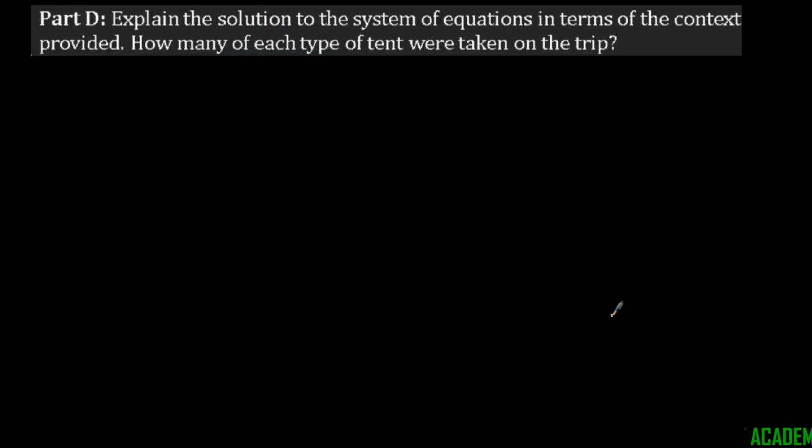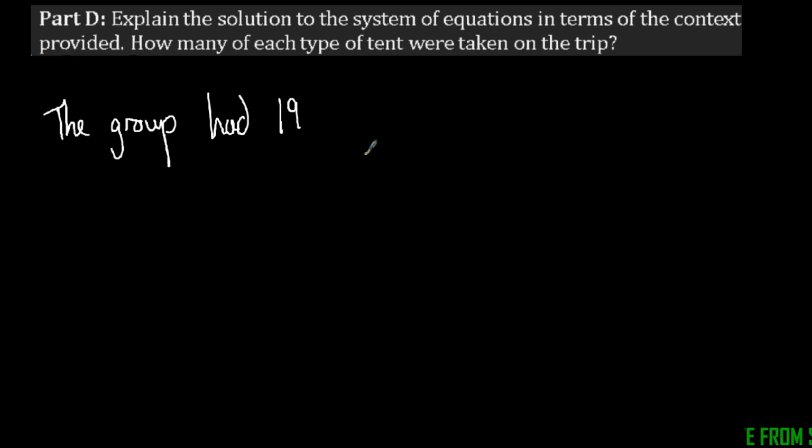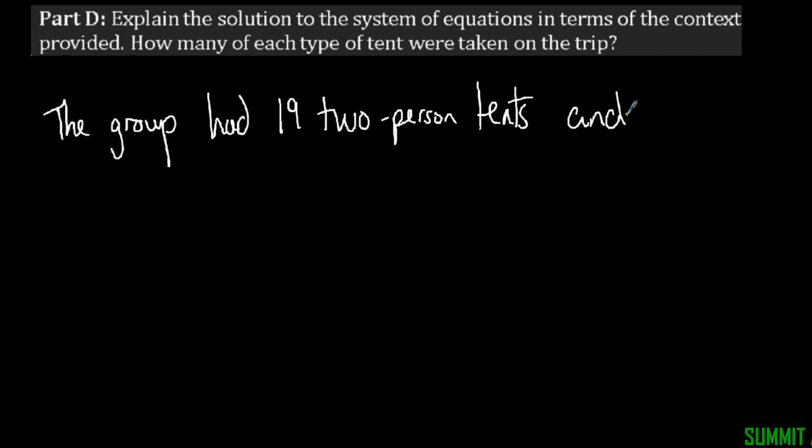In part D, it says explain the solution to the system of equations in terms of the context provided. Meaning, how many of each type of tent were taken on the trip? There are a couple different ways you can write this, but we're going to say the group had 19 two-person tents and 41 four-person tents